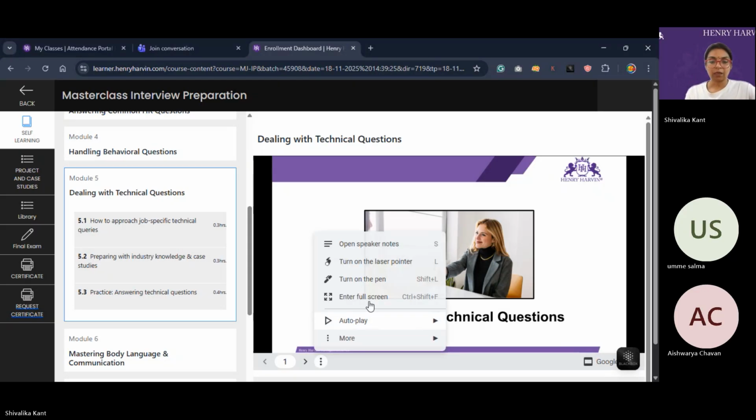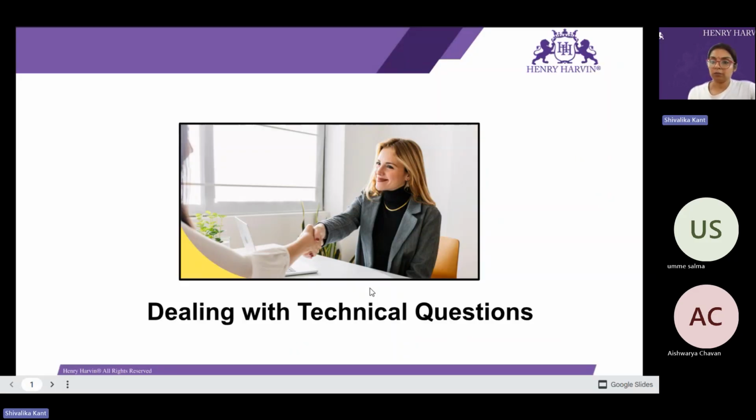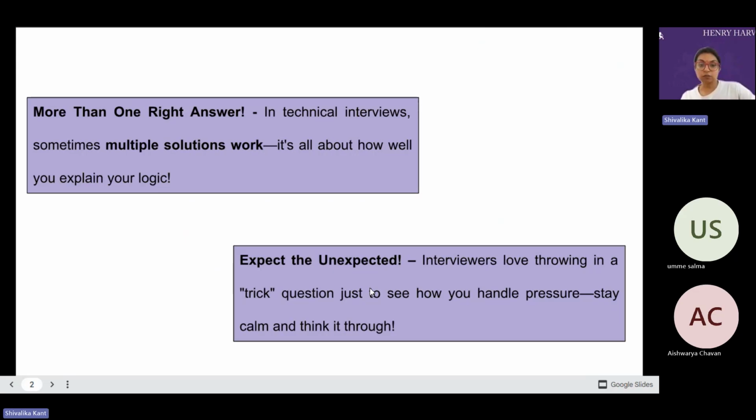Everyone, today our module for the interview process is handling the technical questions. The technical round is not a compulsory round. It will only be there for people who are into the technical industry. This is an interview that is designed to evaluate your job-specific knowledge, your technical expertise, and your